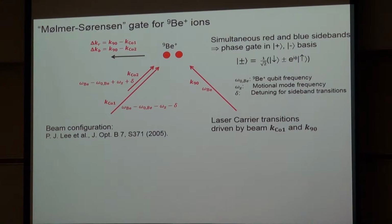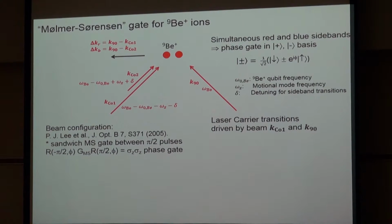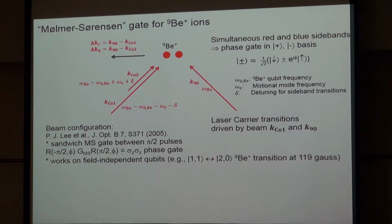Now we have to worry about over longer times the differential phases between this pair of beams and this beam here. But in this same paper of Chris's group, they suggested a way around that. Over a long time, the phase between these paths here and this path here can wander due to air currents and vibrations of mirrors and things like that. So what they suggest is to sandwich this state-dependent force, which acts on these states up here, between